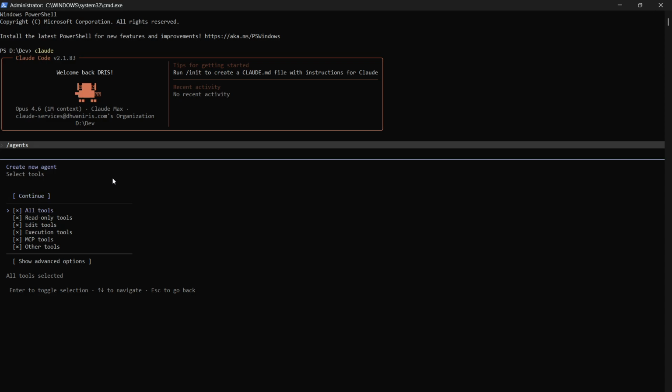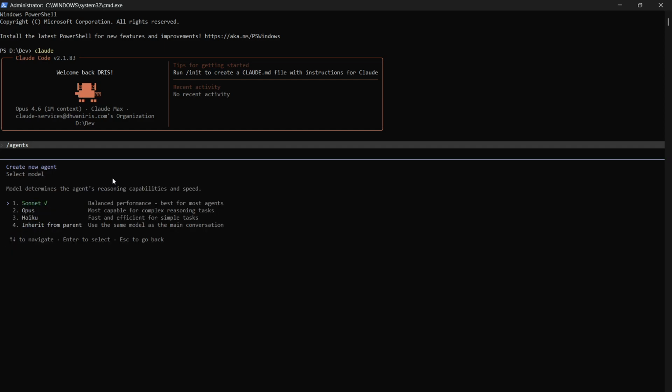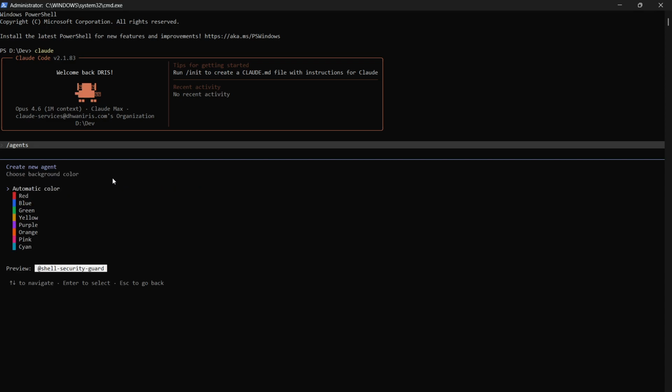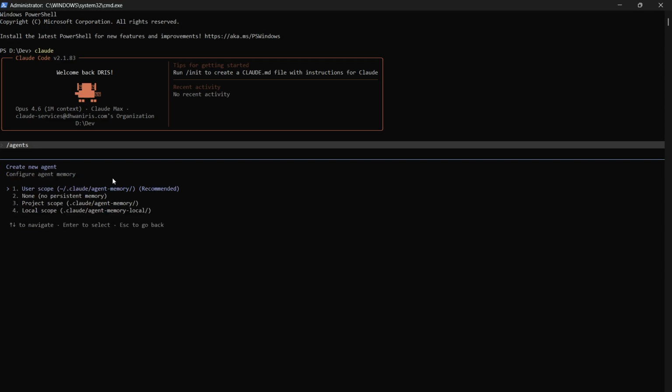Now it says that we have this option that we can also integrate tools as well. So I can either choose continue or I can choose any particular tools that I would like. So from here I'm going to simply click onto the continue option, and then it says which model I would like to use for this agent. So I can use any model that I would like for this. So I'm going to go with Sonnet for now, and then you will need to define the color in which the agent will respond. So for this I'll be choosing the red color,